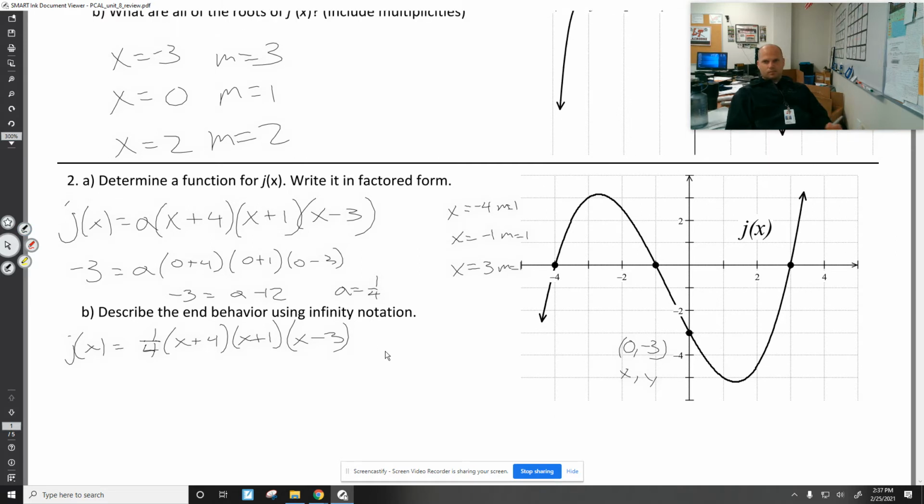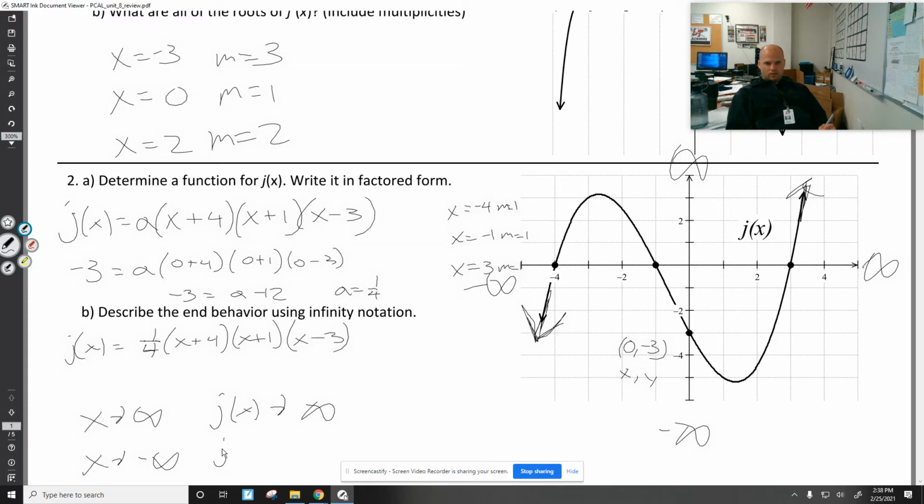End behavior: as I go to the right for my x's, my y's go up. As I go to the left on my x's, my y's are going down. Right and up, left and down. So as x goes to infinity, j of x is going to positive infinity. As x goes to negative infinity, j of x goes to